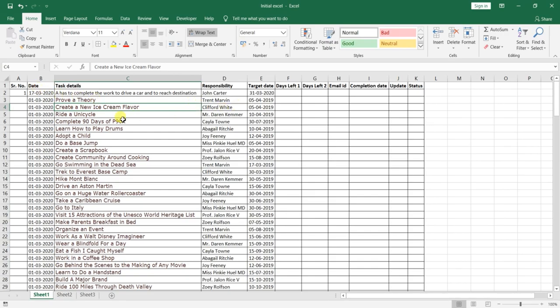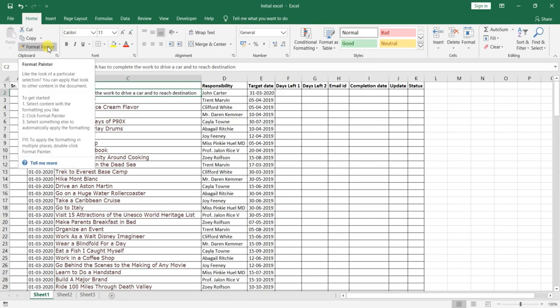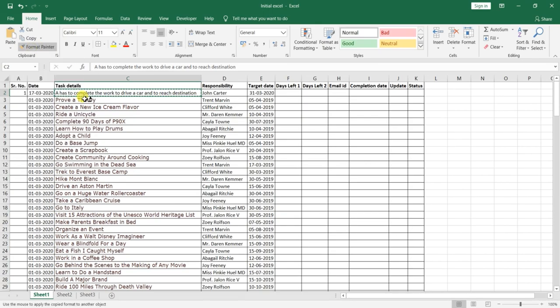Now in the data we got over here, you can see some different letters are available. So we are using Format Painter. If you select it one time, Format Painter is used for taking the format of one cell and pasting it to another cell.